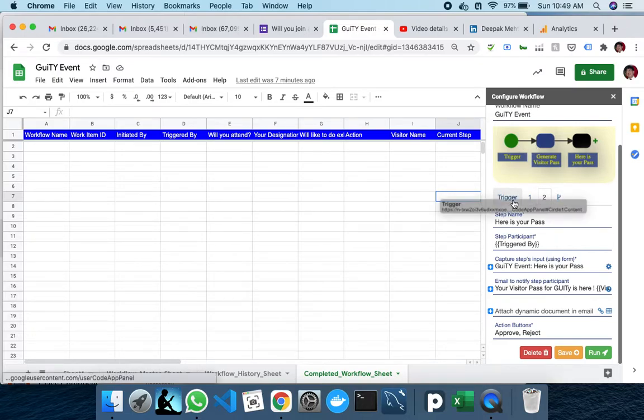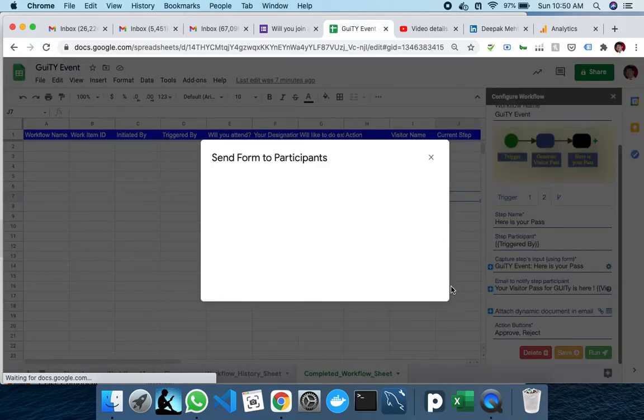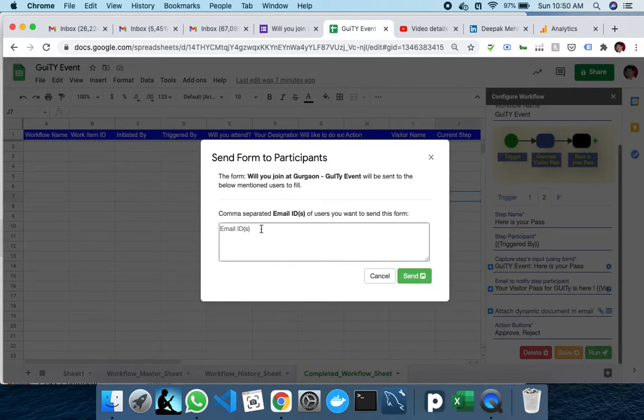So once this workflow is set up, what you need to do is click on this run. How to set up a workflow I have already shared with you. And then, whomsoever you wish to invite, either you can send them an email with your form, or you can actually write emails here in the run button and send the forms to them. It is written that we have to write them comma separated.